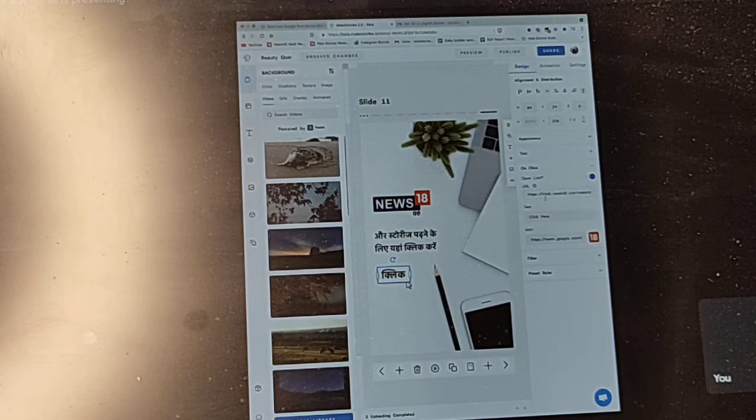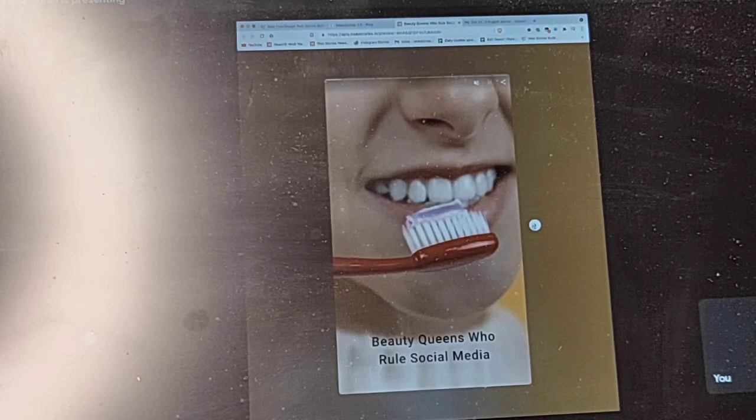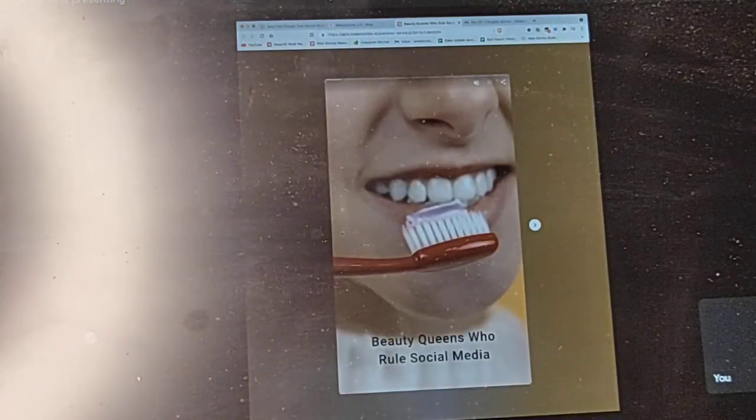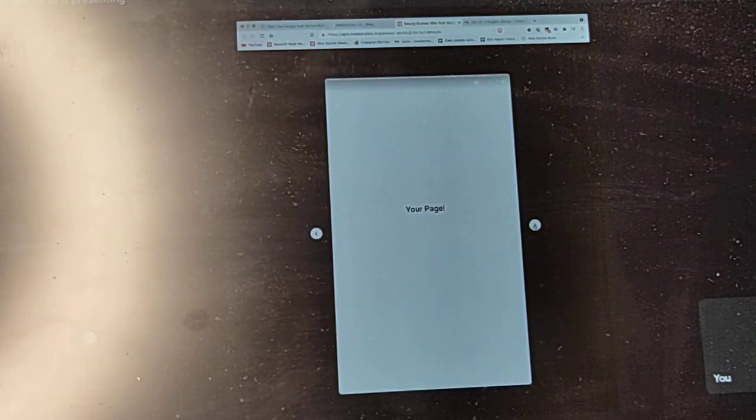After putting this URL, you have to click on preview. Preview will open in the next window. Copy this link and share it with your team. Make sure you have put in the on click link because that is what makes this work.